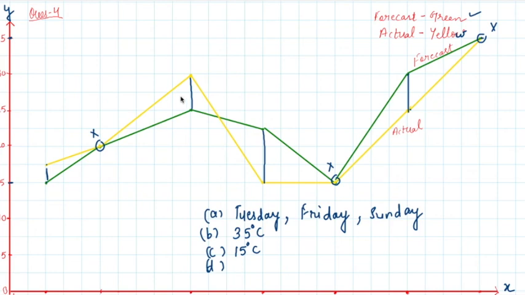So if you want to notice, 1, 2, 3, where do you see the difference is the maximum, on which day? It is on Thursday. So we can write Thursday. Right? So we don't need to mathematically calculate the difference. We can study the graph, and from here we need to focus on Monday, Wednesday and Thursday, and you can see the maximum difference between the actual, which is yellow, and the forecast temperature is here. That day is your Thursday. So this was the last question of question number 4.